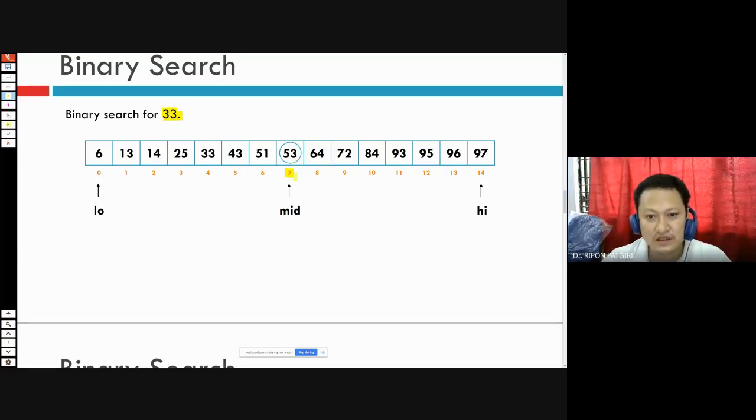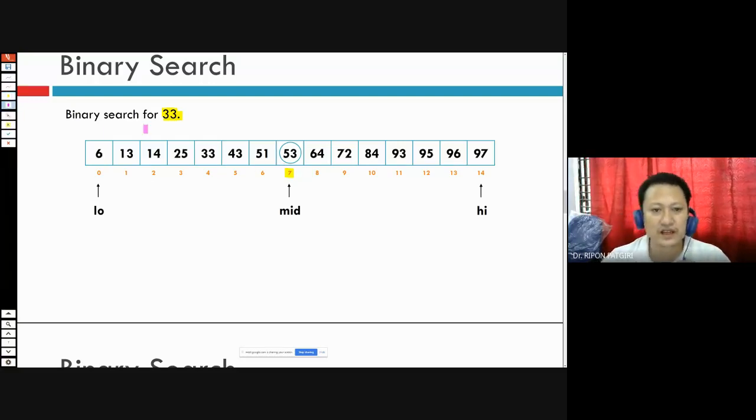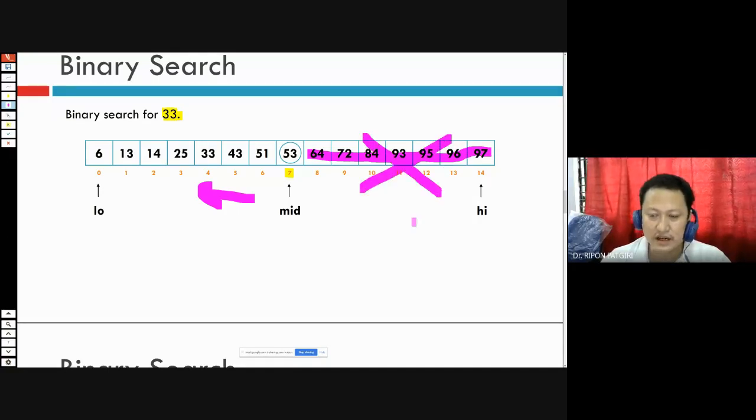If it is not, then check whether 33 is less than 53. If it is less, it is in the left half, or if it is greater, then it will be in the right half. 33 is less than 53, so we'll consider the left half.